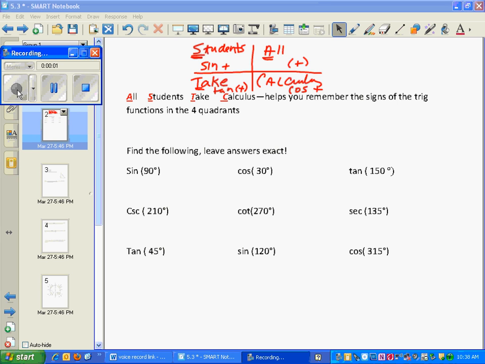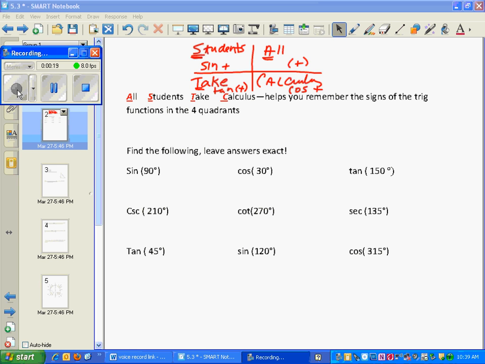Okay, so all students take calculus. All of them are positive. Sine is positive. Tangent is positive. And the cosine. And their respective reciprocal functions. Okay? So,